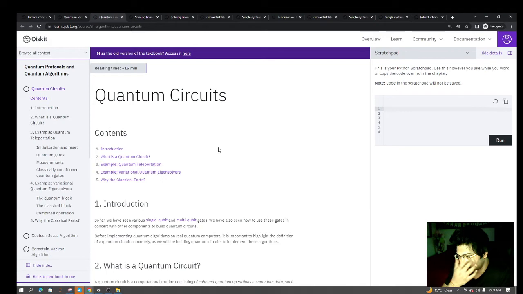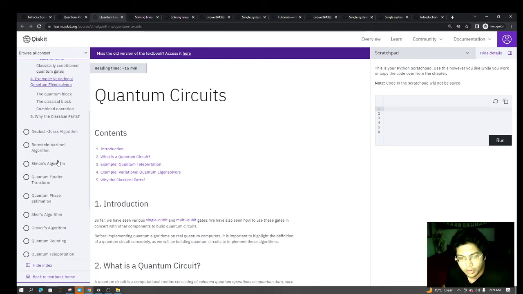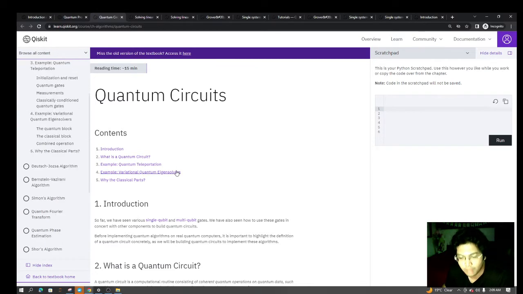So if you remember, I don't think I discussed this in the last video, but there are a couple of approaches in which you can tackle the problem of quantum computing. Two of the most famous approaches are annealing based, that D-Wave is following, and the gate-based approach. What IBM follows is the gate-based approach, and here what you have to do is create quantum circuits. So this entire section, quantum protocols and quantum algorithms, will take you through how to develop circuits, what is a quantum circuit,